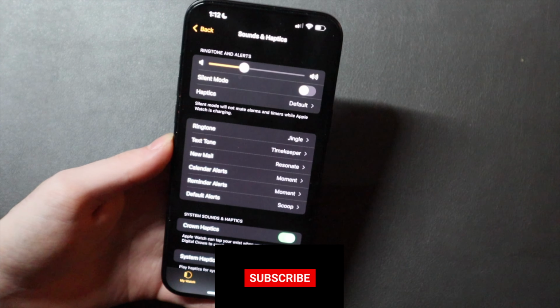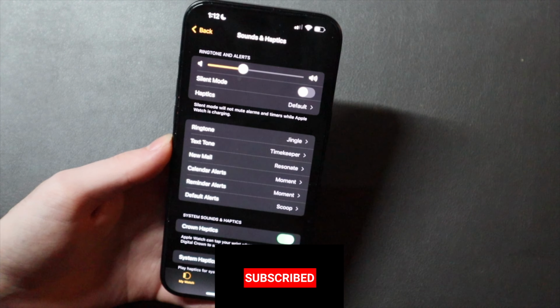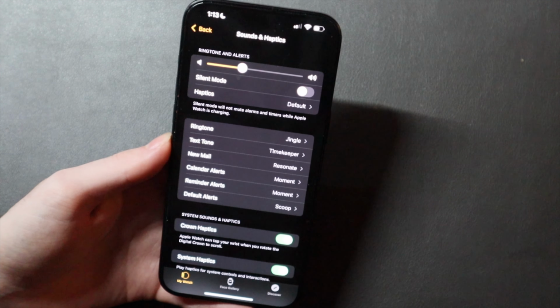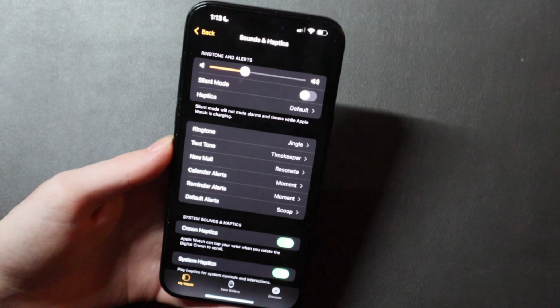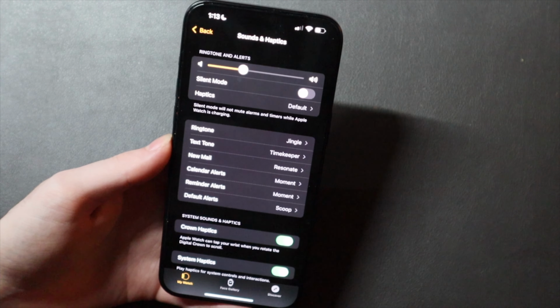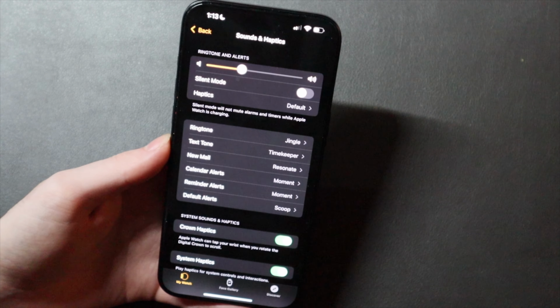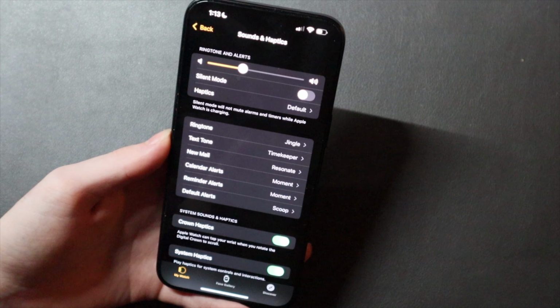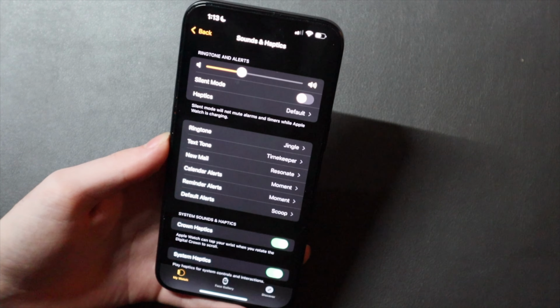I wasn't going to make another video right now on any of this beta stuff, but I had to make this video because this is a feature that has been a long time in the making. They really needed to add it, and they didn't make any mention of it anywhere, not on the keynote, not on the website, in the small fine print of stuff they added and didn't talk about. It's not on there anywhere, and that is the fact that on the Apple Watch you can now change your